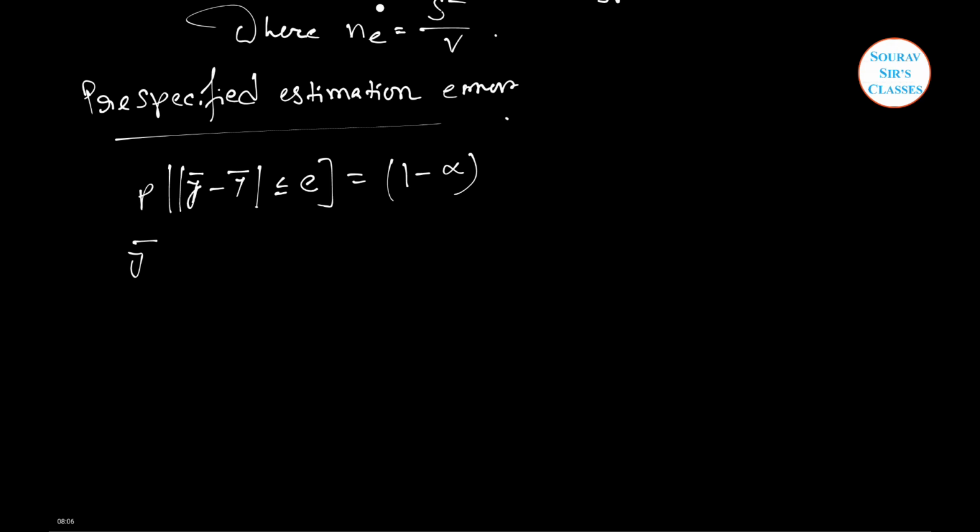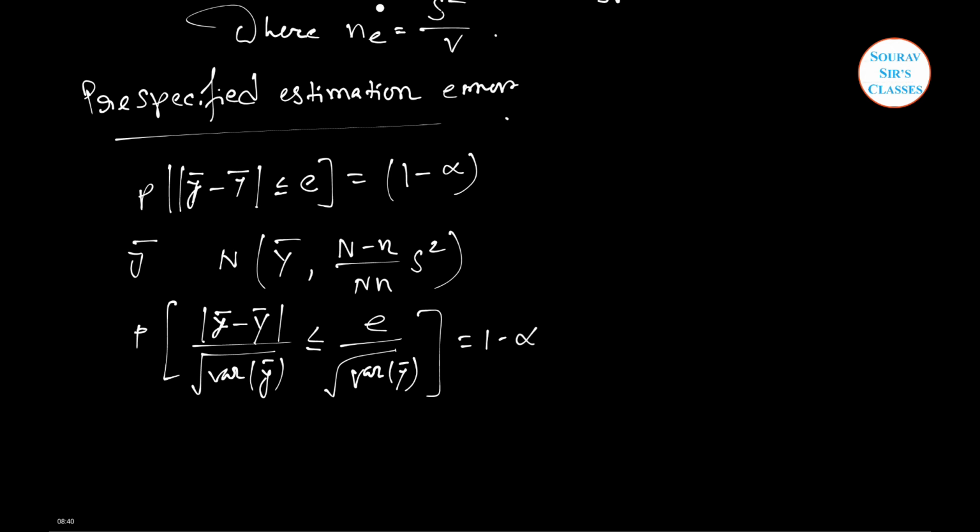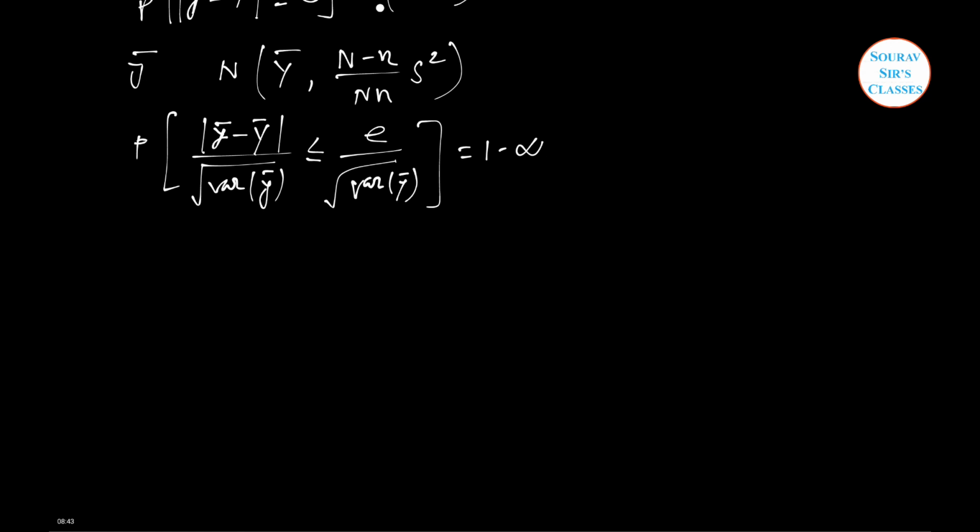Since y bar follows N(capital Y bar, (N minus n) by Nn S square), assuming the normal distribution for the population, we can write P(|small y bar minus capital Y bar| by root variance of y bar less than or equal to E by root variance of y bar) equals 1 minus alpha, which implies that